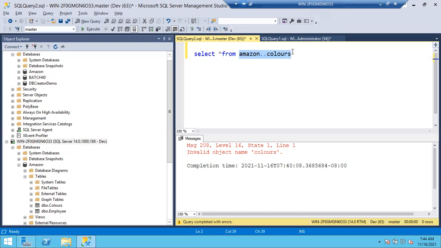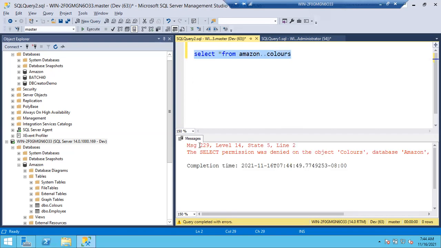If you are using default schema DBO, you can mention database name dot again dot table name. If you use dot, it will take the default schema DBO. If it is a different schema, you have to mention the schema name. If it is the DBO schema, you can mention it as a dot. Clear, guys? Yes, sir. Okay, so let's run this query.